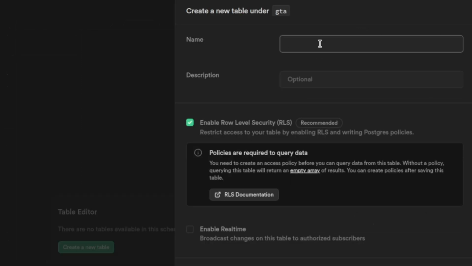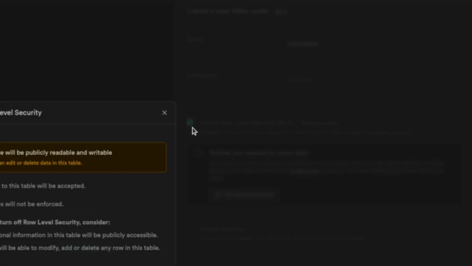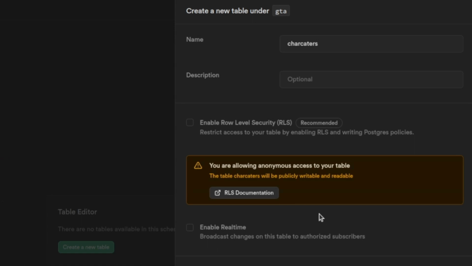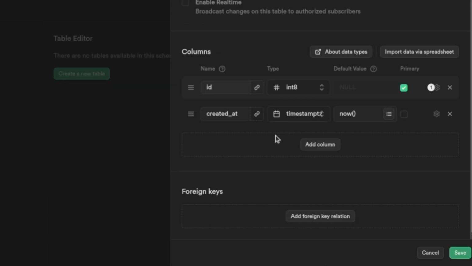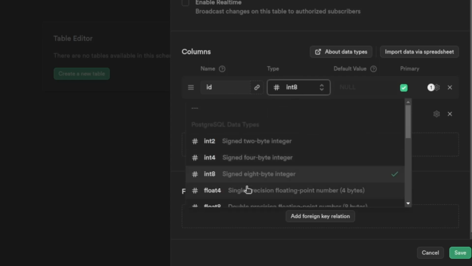In GTA, what we can create? Okay, let's create a characters table where we'll be saving all the names of the characters. For now I will be disabling the RLS. It's giving me a warning, but it's okay, we'll enable it later. Here you can see you can add different columns. ID I will keep as int only. Okay, let's do one thing, let's use UUID